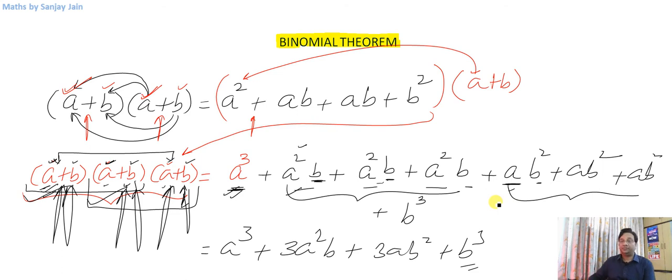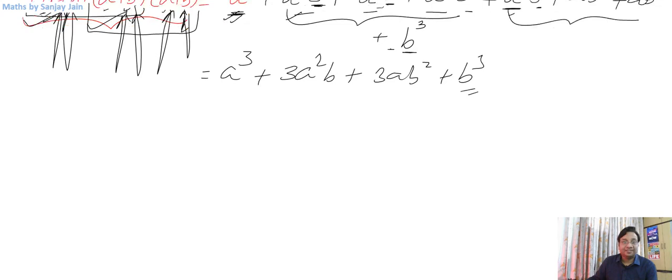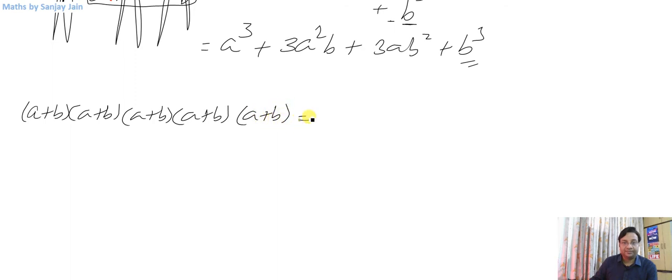Both statements are equivalent, right? Selecting a from none of the three brackets means selecting b from all three brackets. I hope you have got the idea, but let me expand it to 5 brackets, then we will do it for n brackets. You will enjoy this because I have said nothing that you don't know already, right?